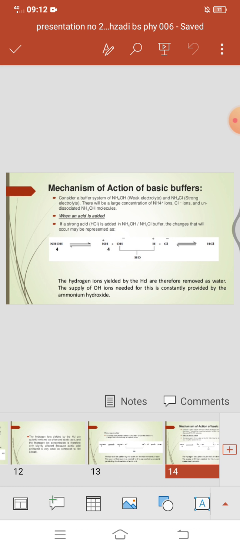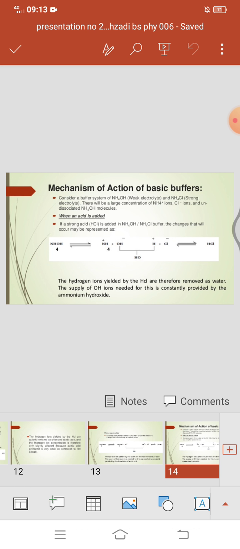Mechanism of action of basic buffers. Consider a buffer system of NH4OH, which is a weak electrolyte, and NH4Cl, which is a strong electrolyte. There will be a large concentration of NH4+ ions, Cl- ions, and undissociated NH4OH molecules when an acid is added. If a strong acid HCl is added in NH4OH, NH4Cl buffer, the change that will occur may be represented as